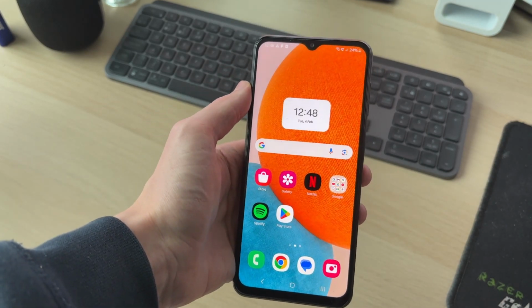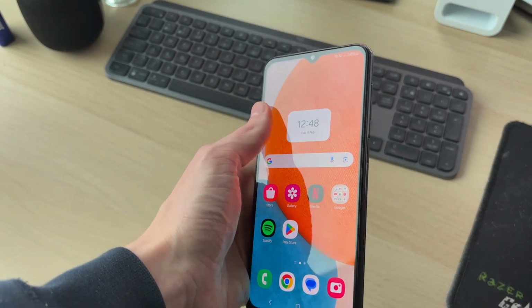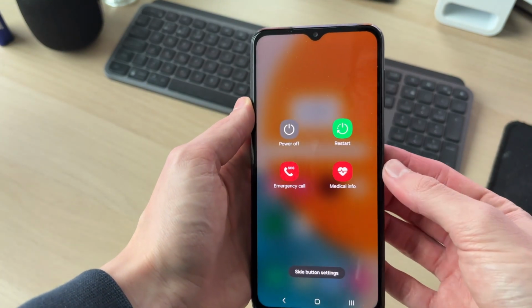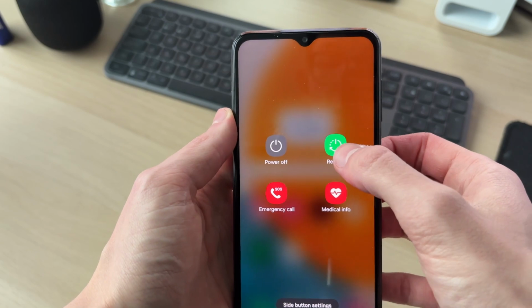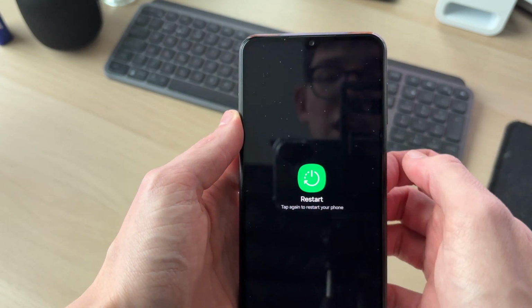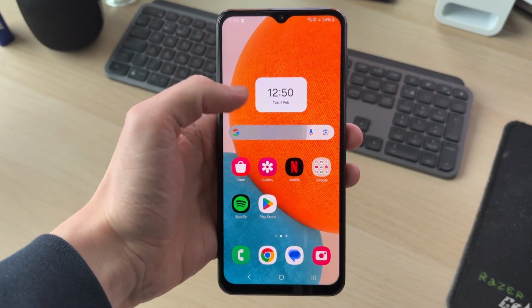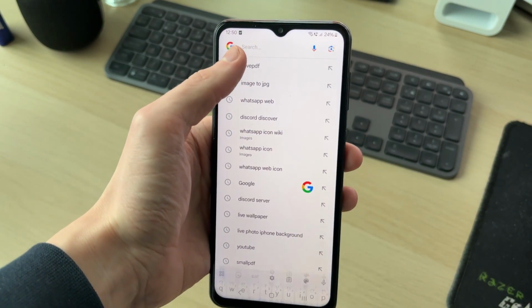The first thing we're going to try doing is performing a restart. So what you want to do is hold down on the side power button like so, and you should see this screen here. And then you can tap on restart and restart again to confirm your decision. Now wait. When it starts again, try tapping somewhere where a keyboard should open, and hopefully